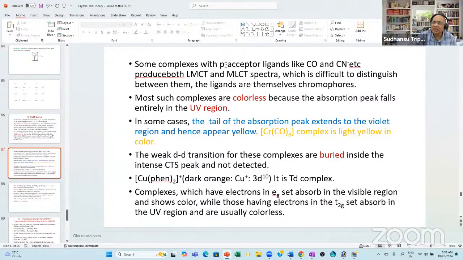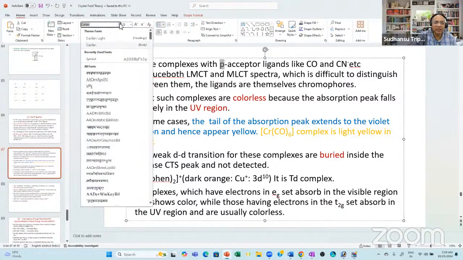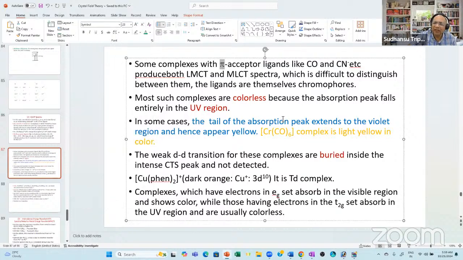Some complexes with pi acceptor ligands like carbon monoxide are very intriguing. They can accept electrons and they can also donate. So they form both LMCT and MLCT, but the probability of MLCT is more. So it is very difficult to distinguish whether the spectrum is due to MLCT or LMCT, although the probability of MLCT is more, because